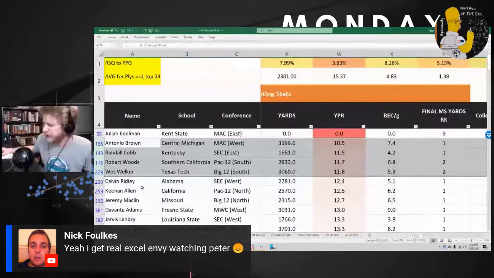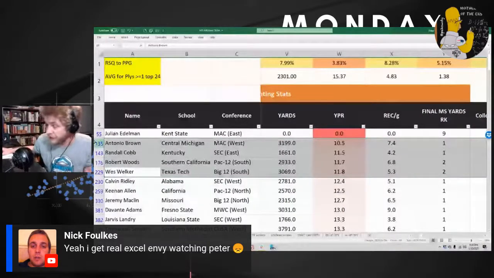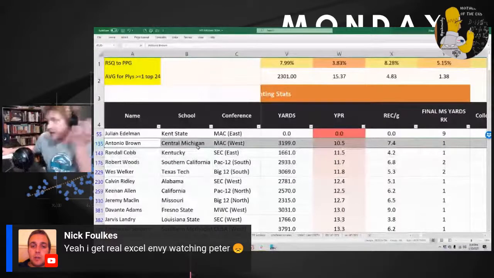Well, not triggering you, but it's not what you saw in college. Antonio Brown, Randall Cobb, Robert Woods, Calvin Ridley. All of these guys had ADOTs sub 12. Actually, that's a little unfair. I went too far, but Antonio Brown definitely had a yards per reception almost exactly the same as Ronda Moore. It's actually slightly lower.